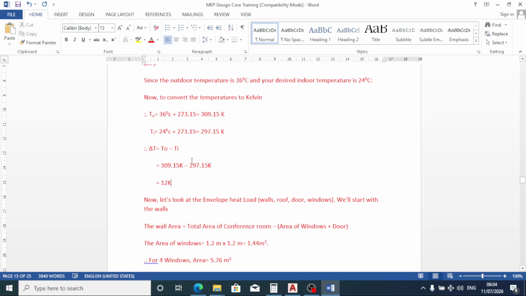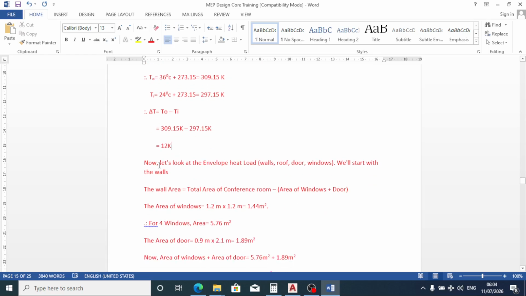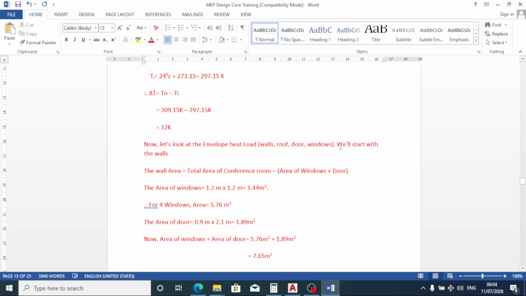Now the reason we are converting this to Kelvin is our U factors, that is the coefficient of heat transfer of our materials, have Kelvin in their units. So in order to make the units consistent so as to get accurate results, that's why we are converting our temperatures to Kelvin. Now let's start with the walls. We already have our wall area, so I think we can just